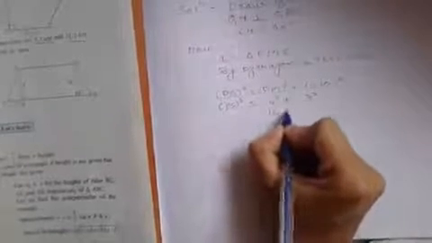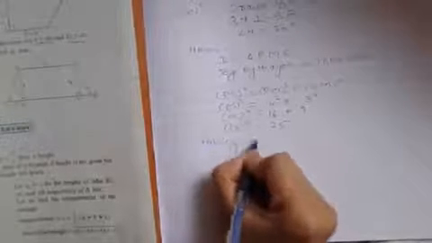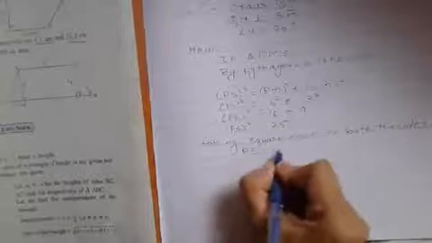Okay students, so PS square will be, tell me, what is 4 square? 4 square is 16 plus 3 square, what is it? It is 9. So PS square is 16 plus 9. What is 16 plus 9? Yes, it is 25. So 25 I will write. Now by taking the square root on both the sides, PS will be equal to 5. So we got PS as 5. We will mark this PS as 5 centimeter.